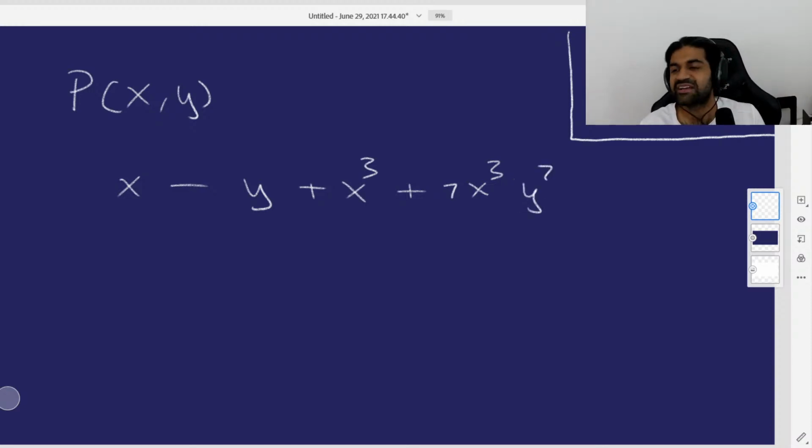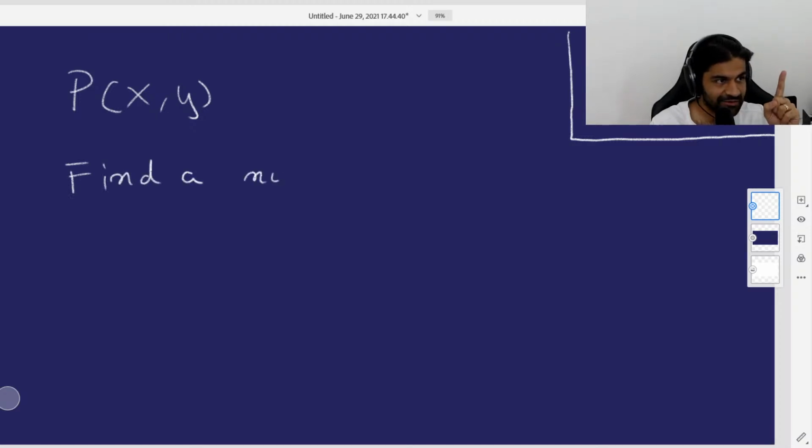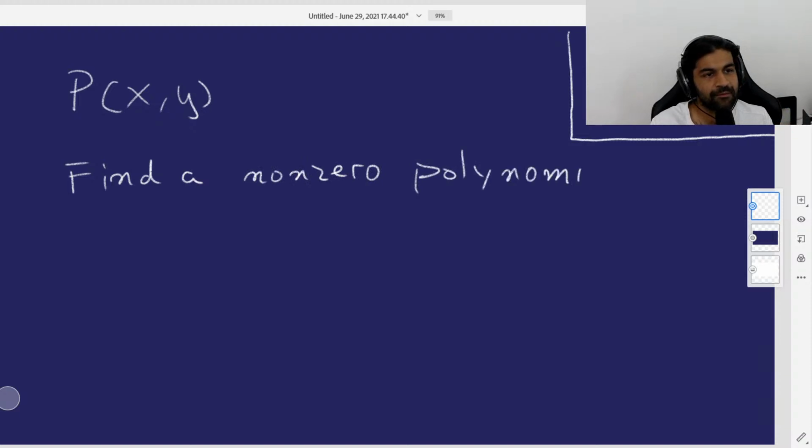Something like this. So p(x,y) is a polynomial in both x and y. Hopefully that doesn't scare anyone away. So p(x,y) is a polynomial involving both x and y. Okay. Your goal is to find a non-zero polynomial p(x,y) so that